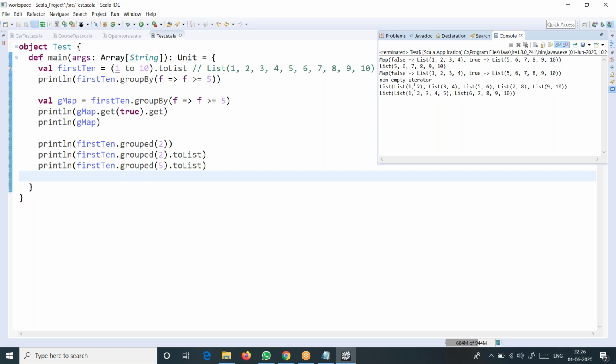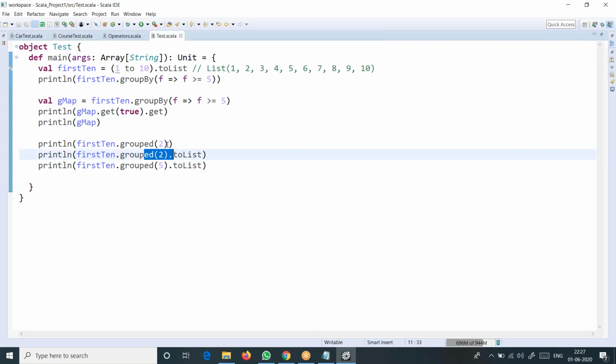And the third one, you can see grouped of two is giving a non-empty iterator. Non-empty iterator means internally you have all the list of values, but it is not returning a list directly. So that's why we are applying a cast in the second case. In the first case, this returns a non-empty iterator.